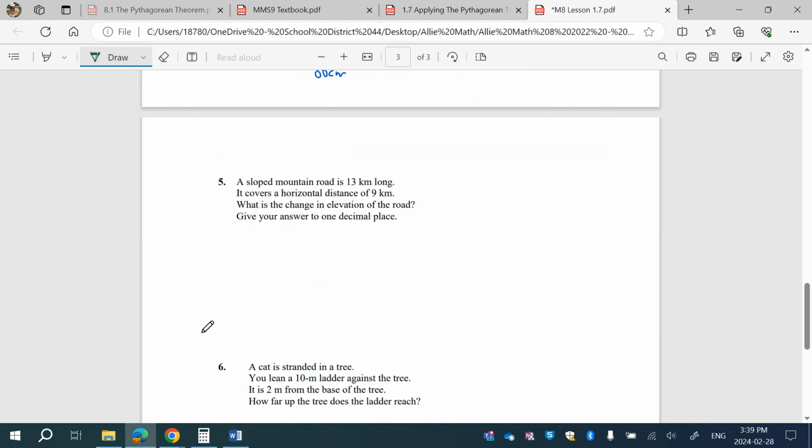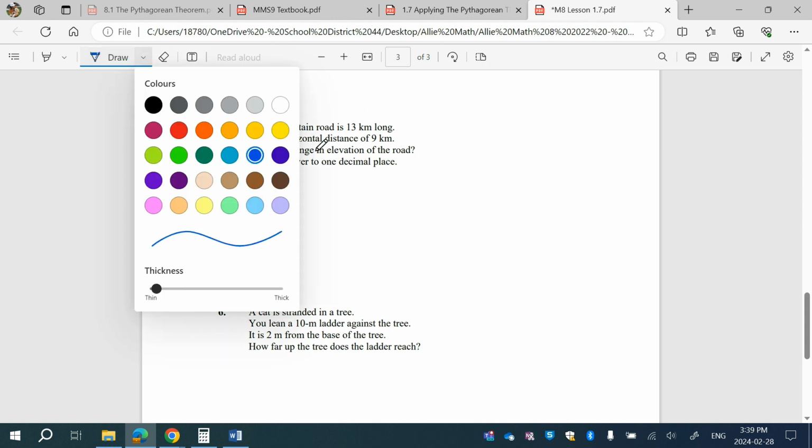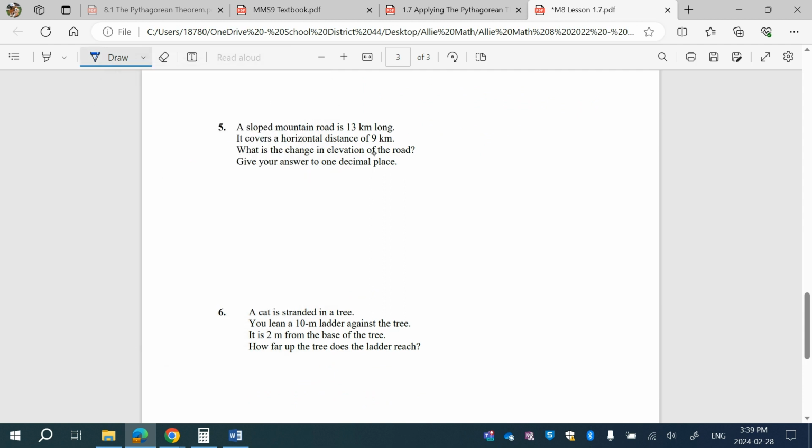Let's do two more. A sloped mountain road is 13 kilometers long. Okay. Sloped could be a hint that this is going to be our hypotenuse. It's going to be on an angle. It covers a horizontal distance of 9 kilometers. Okay, so we've got a mountain here. There's a sloped road, something like that. And it covers a horizontal distance